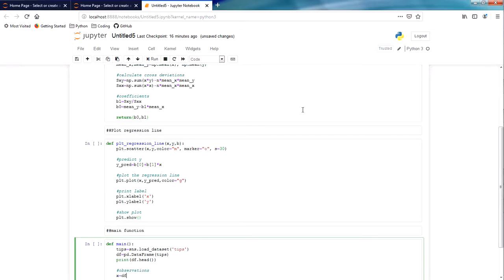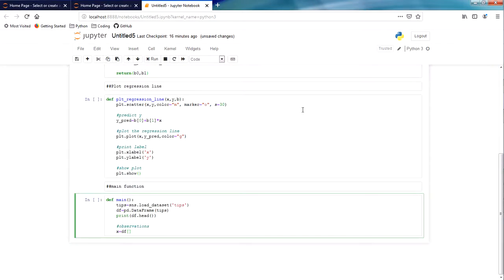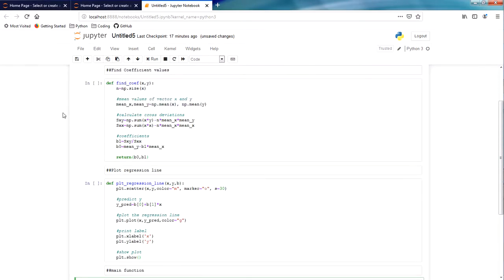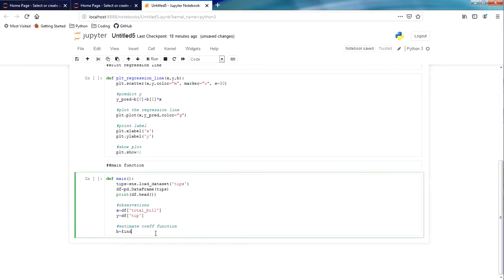X, df. So what's x? Because this is a simple linear regression, we can have only one independent variable. Over here we're going to say total bill, and y is going to be df tip. And next we're going to call our estimate coef function, which is this guy here, find coef. So b equals find coef, and then pass x and y, and then plot